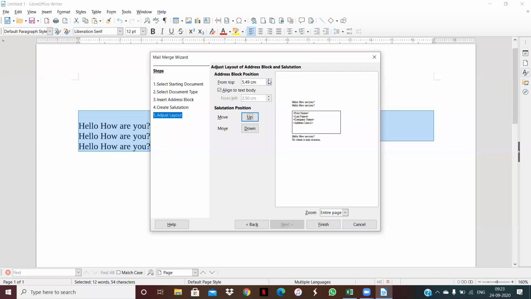But if you want to increase or decrease the margin from the top, you can increase or decrease like this. मुझे ऐसे चाहिए. Clear? And इसे थोड़ा सा डाउन भी है हमें. In this way मुझे लेटर चाहिए अपना. जो भी मेरा टेक्स्ट है वो सेंटर में आए, और जो भी मेरे फर्स्ट नेम, लास्ट नेम, कंपनी नेम, एड्रेस लाइन है वो मेरा सबसे पहले आए. Clear, my dear students? Then click on finish.